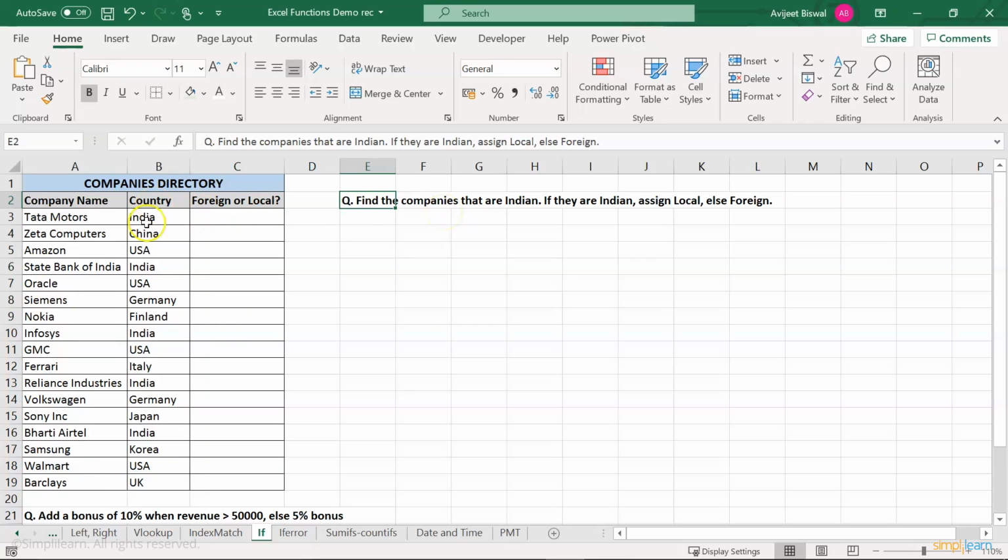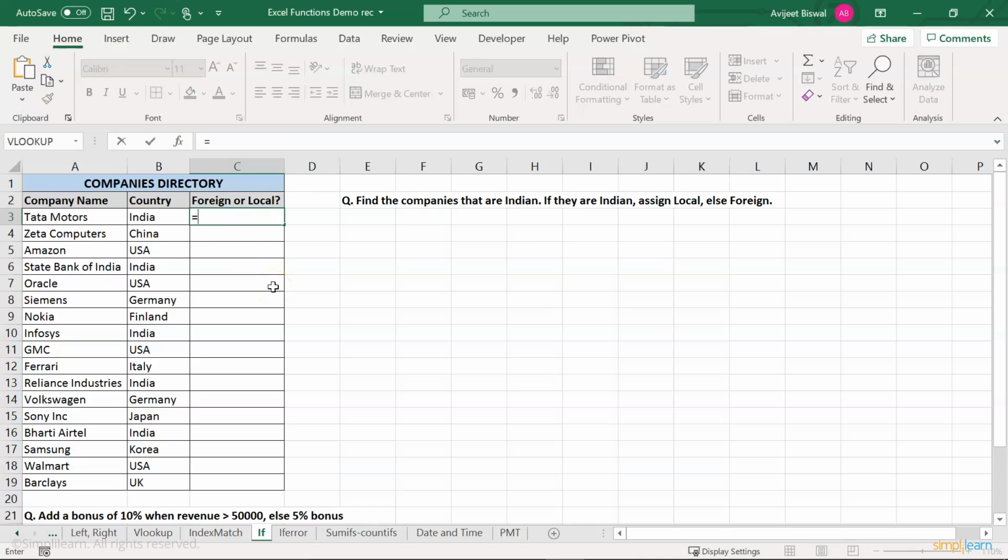If you see this column, we have a few companies that are from India. So if the company is from India, we want to assign a value that is local. And if it is not an Indian company, we'll assign a value that is foreign. Let me show you how to do it using the IF function. Here we have the column which says foreign or local. So I'll write my IF function.